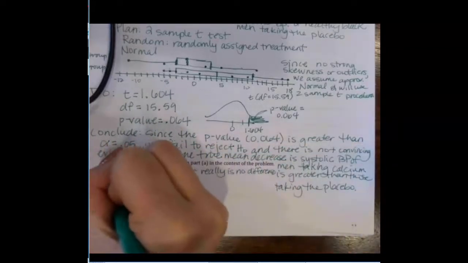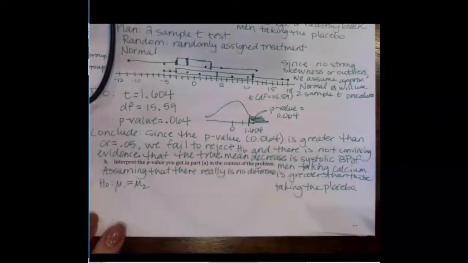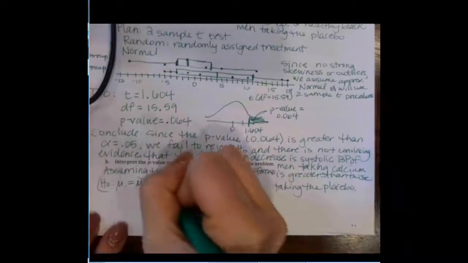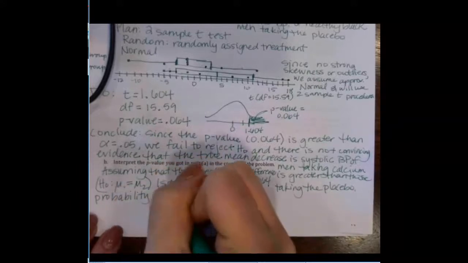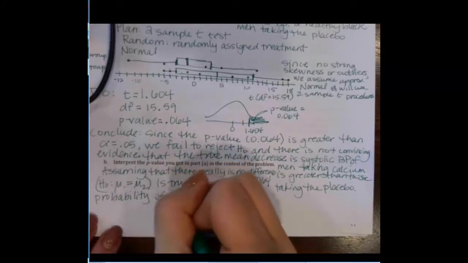So now we need to interpret our p-value. So assuming that there really is no difference, or mu sub 0, mu sub 1 minus mu sub 2 is equal to 0, and H sub 0 is true, there is a 0.064 probability of getting a difference